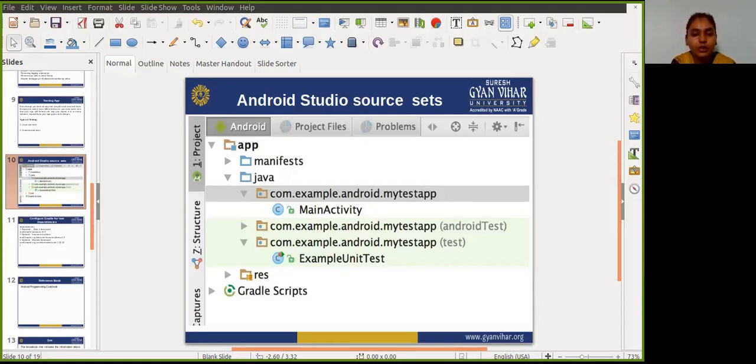So the main source set includes just the package name, and the test and Android test source sets have the package name followed by test or Android test respectively.